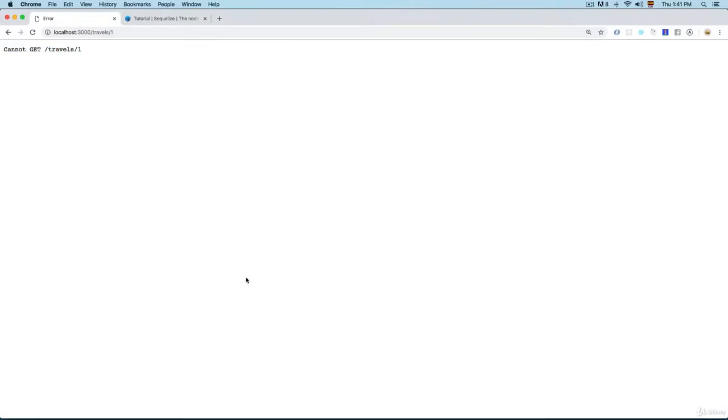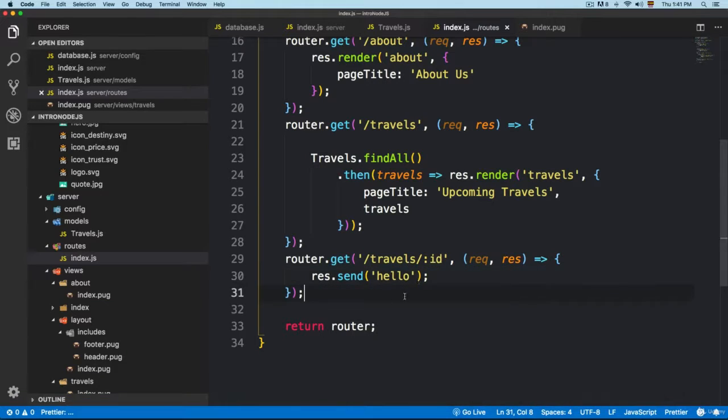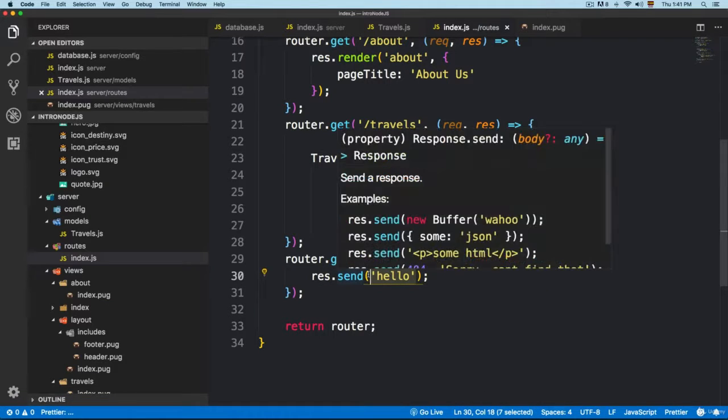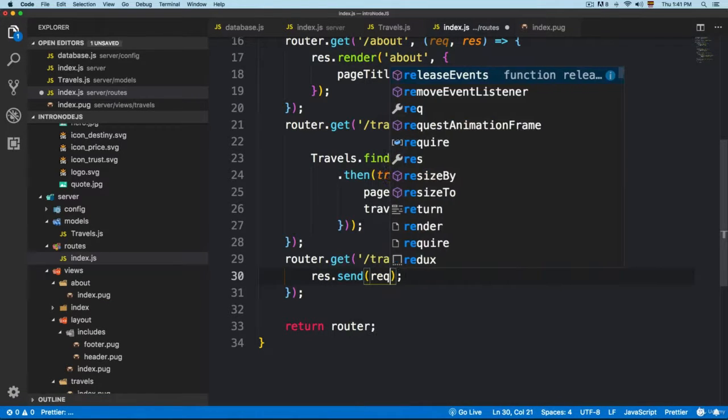Now you can save this and open the project, and now you can see we have hello. So you can click here or in this one or in this one, and you can see it's going to display hello. Next, we need to grab the current ID. So we're gonna do something like this. Let me remove this. It's going to be